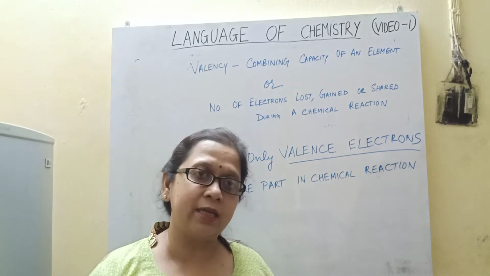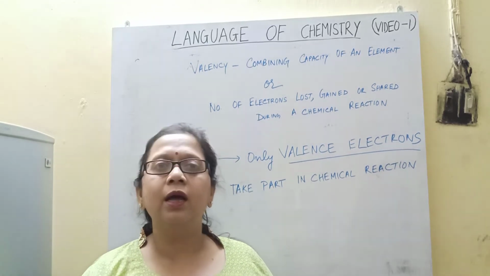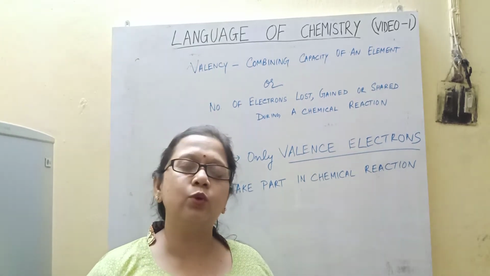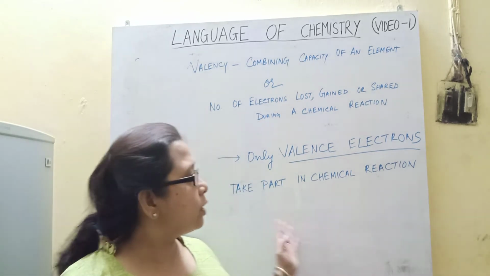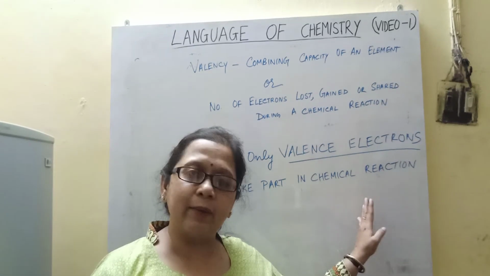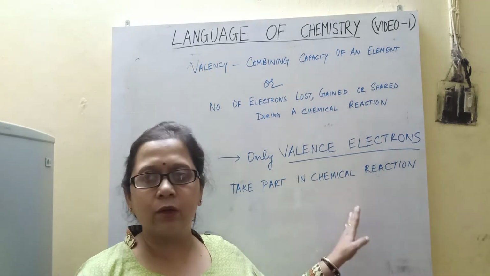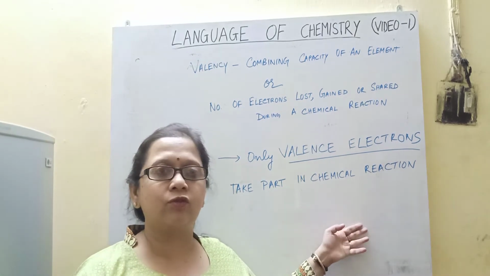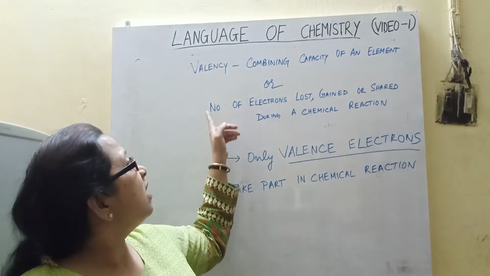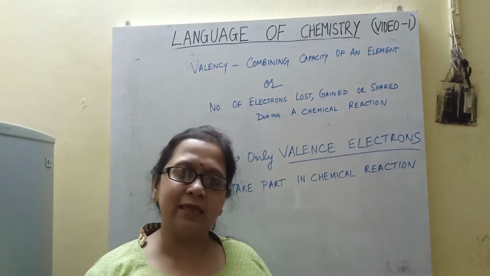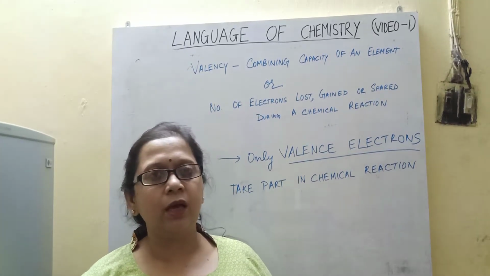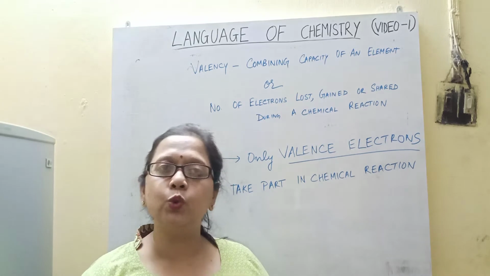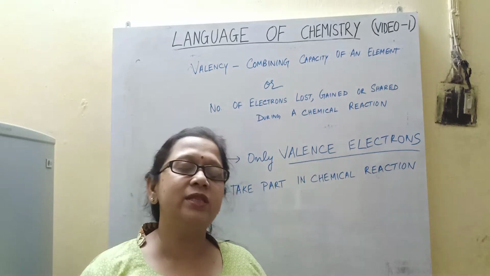which we call octet. We had seen in atomic structure that the electrons present in the outermost shell are called the valence electrons. Those electrons only take part in the chemical reaction. So in order to attain an octet, they can either lose, gain or share electrons. That is called valency. Now, metals. We had seen in atomic structure that metals have 1, 2 or 3 valence electrons in their outermost shell, which they can lose.